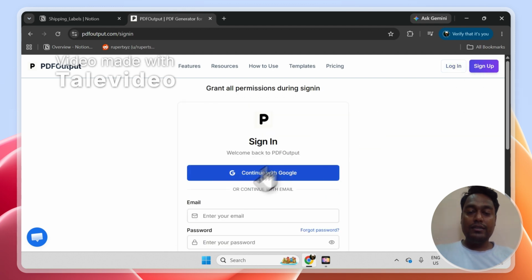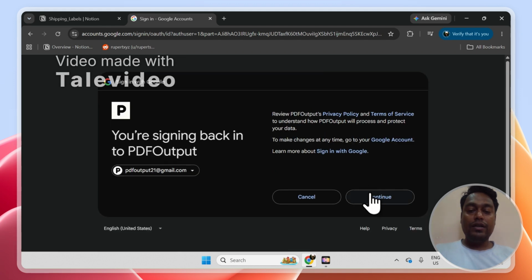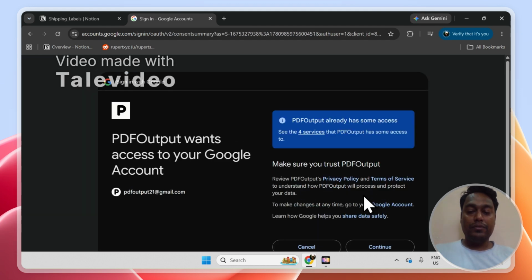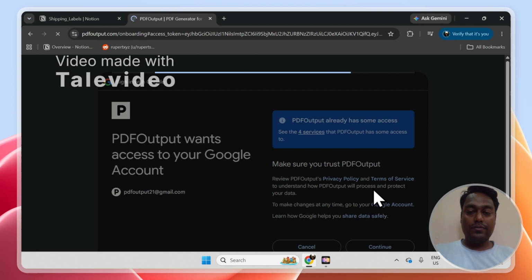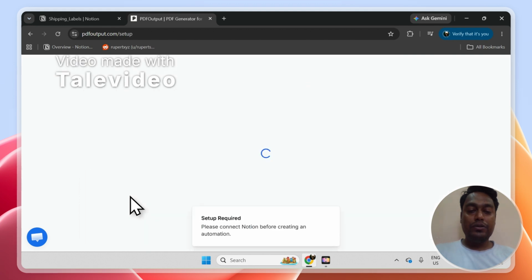First of all, let's quickly sign in, and then I will showcase how this automation will work, and we'll be able to create PDF files swiftly out of that. So let me quickly sign in over here, and then we will proceed with the rest of the demonstration. So once you log in, the very first thing which you need to do is click on new automation, and